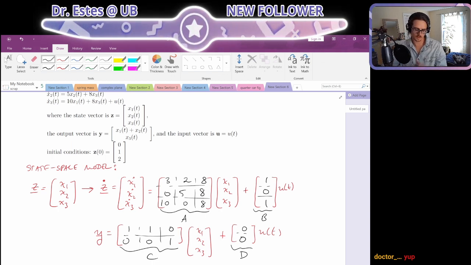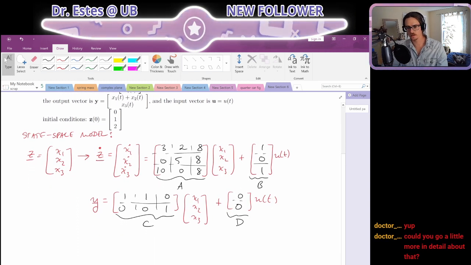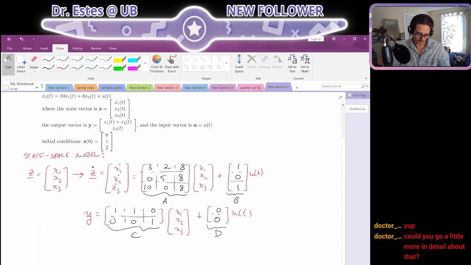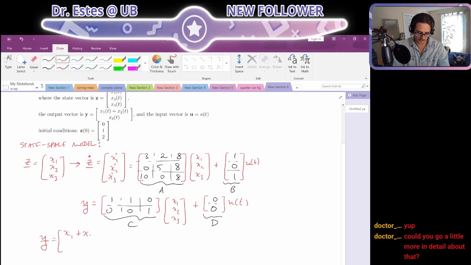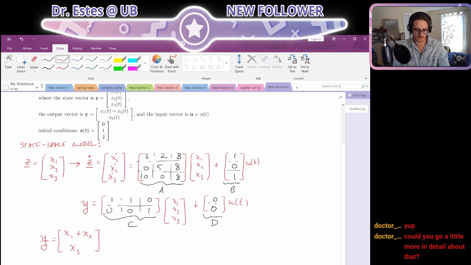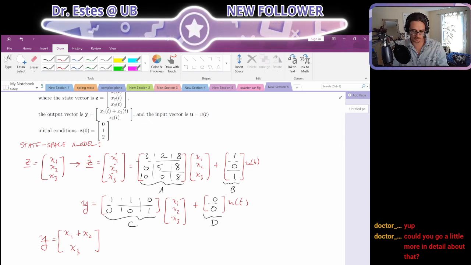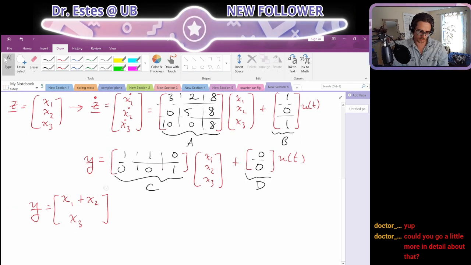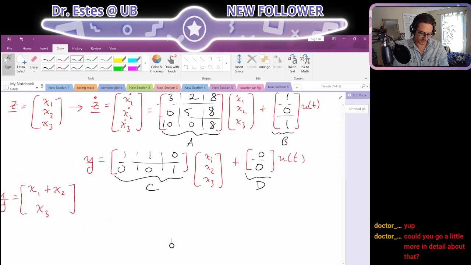Okay, so could you go a little more in detail about that? Certainly. So we have two outputs. The first one I want to be x1 plus x2, and the second one I want to be x3. So what I'm going to do, I'm going to multiply out this matrix equation I wrote just to prove, hopefully,